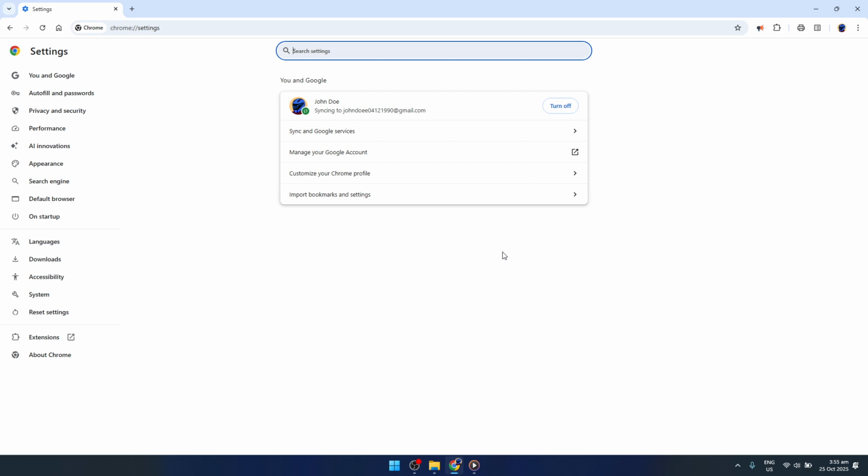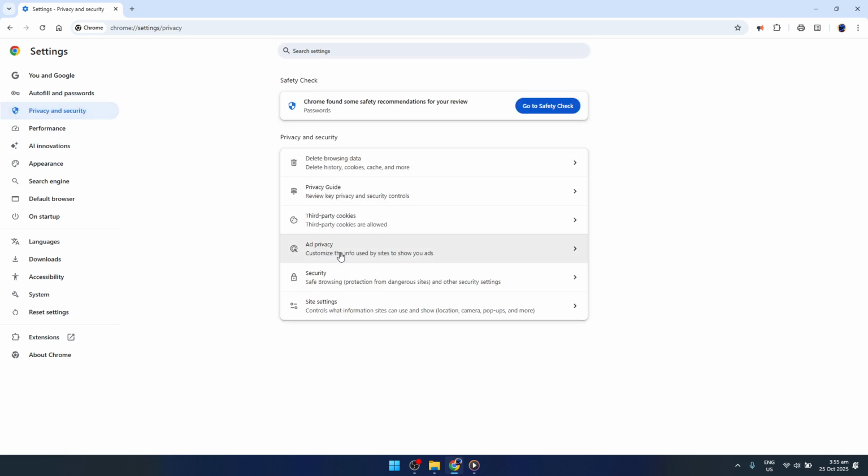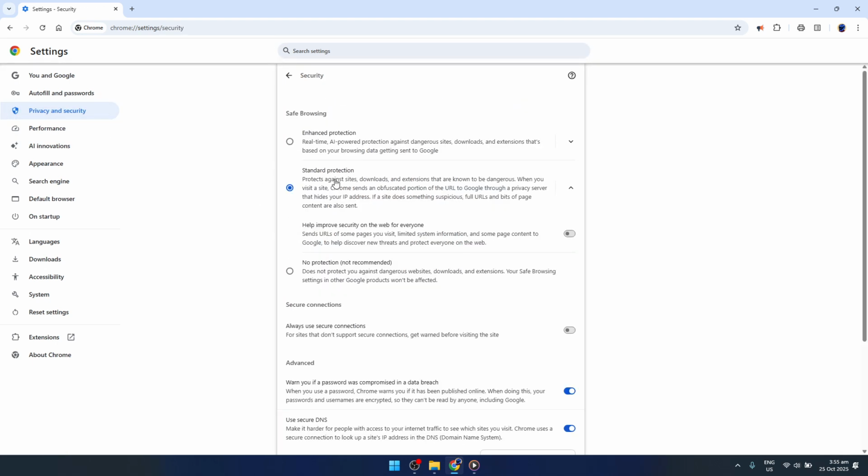Next, we're going to head over to the Security settings. On the left-hand side of the page, you'll see a menu. Look for the section titled Privacy and Security. Once you've found it, click on it to expand further options. Go ahead and select Security. This is where all the protective features of Google Chrome are centered, including our next step, which focuses on safe